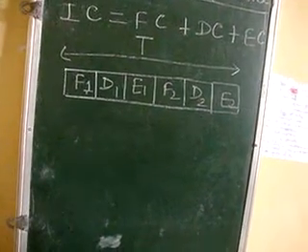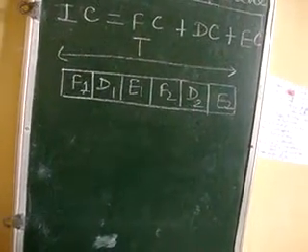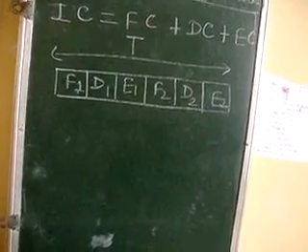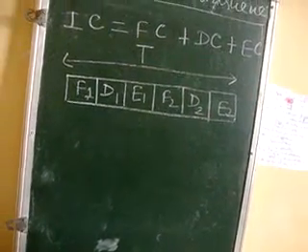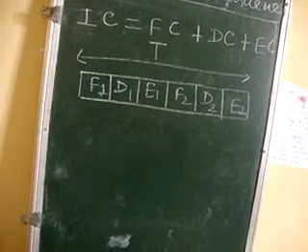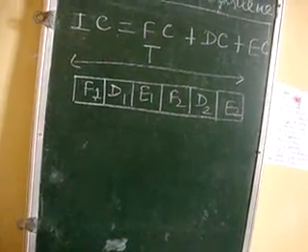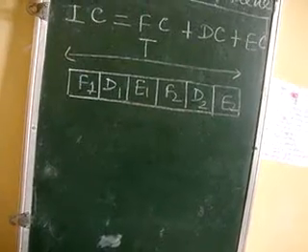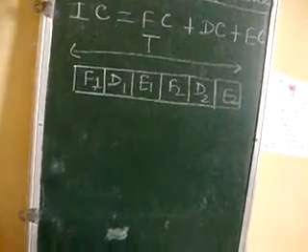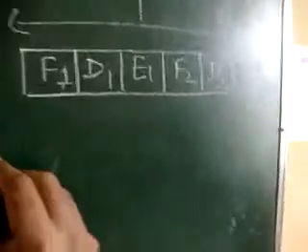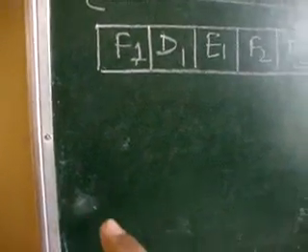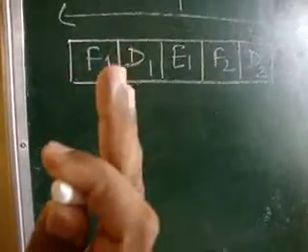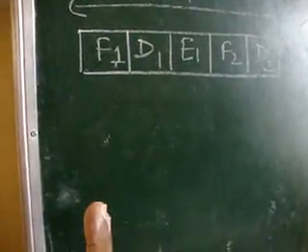Any instruction cycle is divided in 3 parts: fetching, decoding and execution. Here fetching occurs in bus interface unit, while decoding and execution occurs in execution unit. Okay. So if we consider the time calculation using pipeline architecture, so here